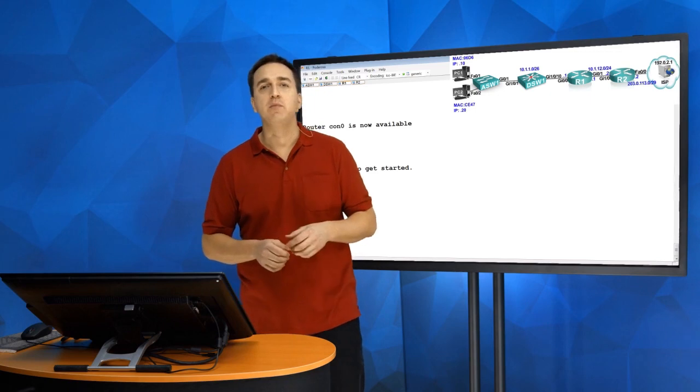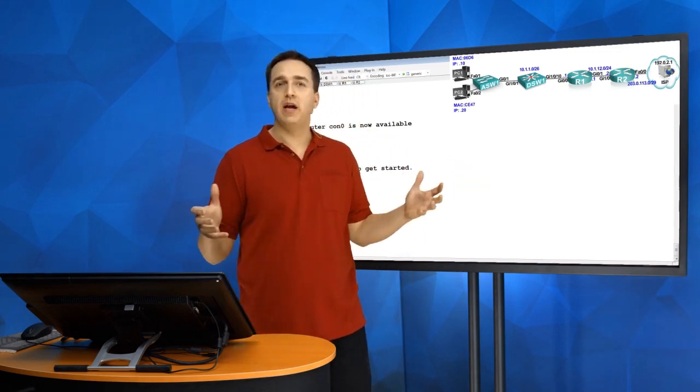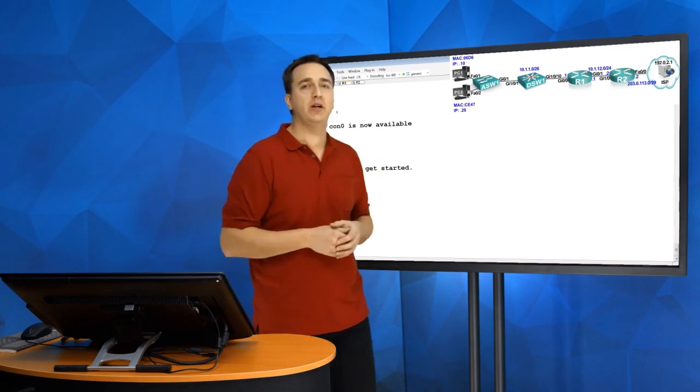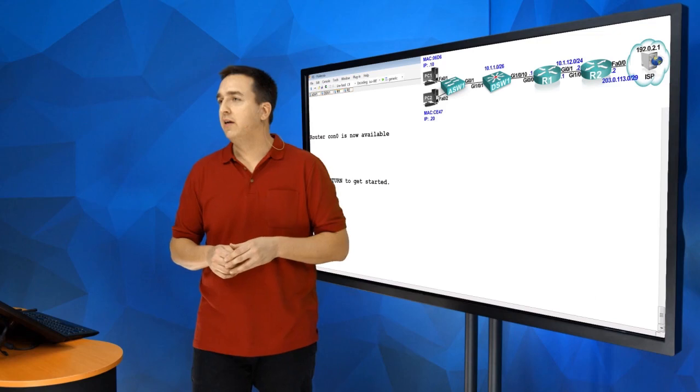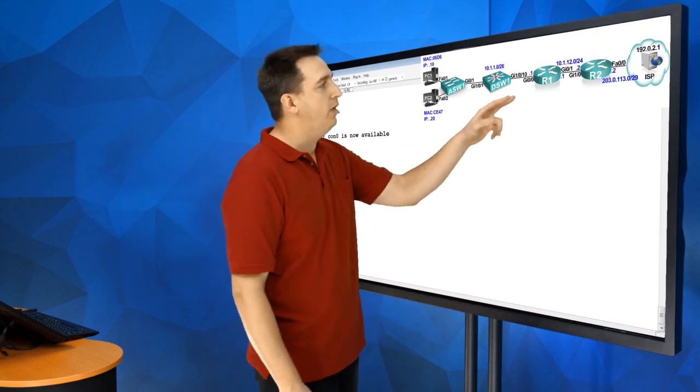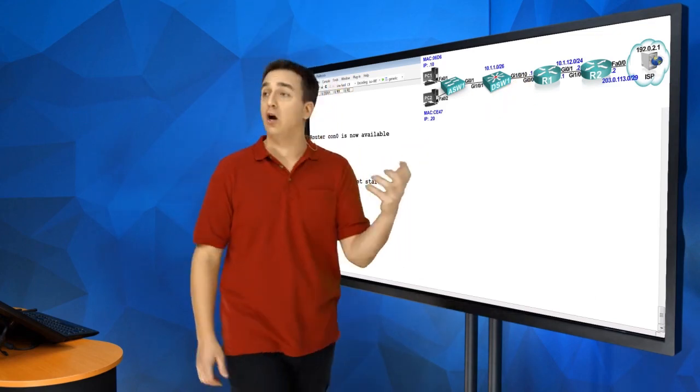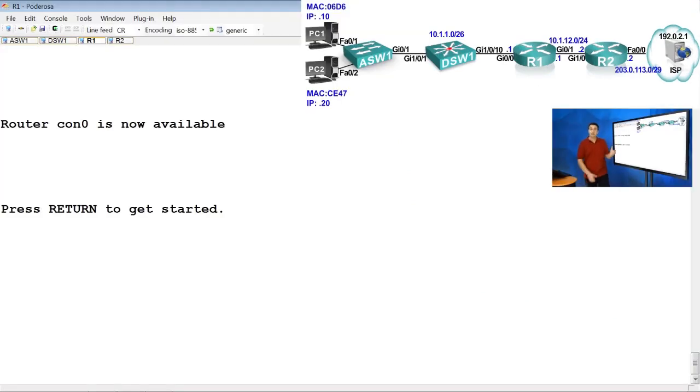Well, we have that same issue with our routers when we get them brand new. If we're not familiar with the operating system, if you're new to Cisco IOS, then that becomes a challenge. So we look at R1 here. What does R1 need to do? Well, R1 is going to have to perform routing. It's going to have to take traffic on the